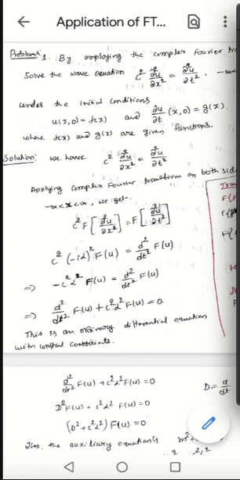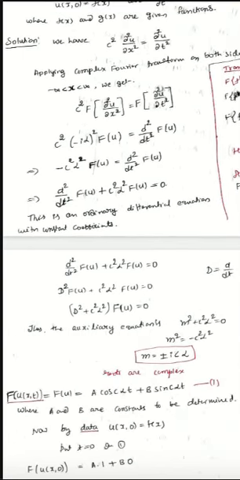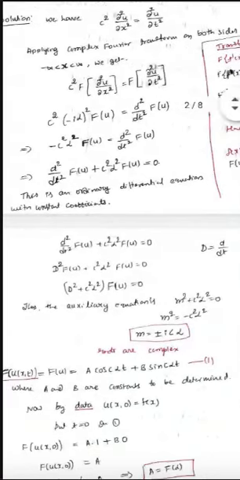This is an ordinary differential equation with constant coefficients. You know how to solve it, so I apply the D operator method. D square plus c square alpha square, acting on F of u, like what you know in the standard form D square plus a constant equals 0.